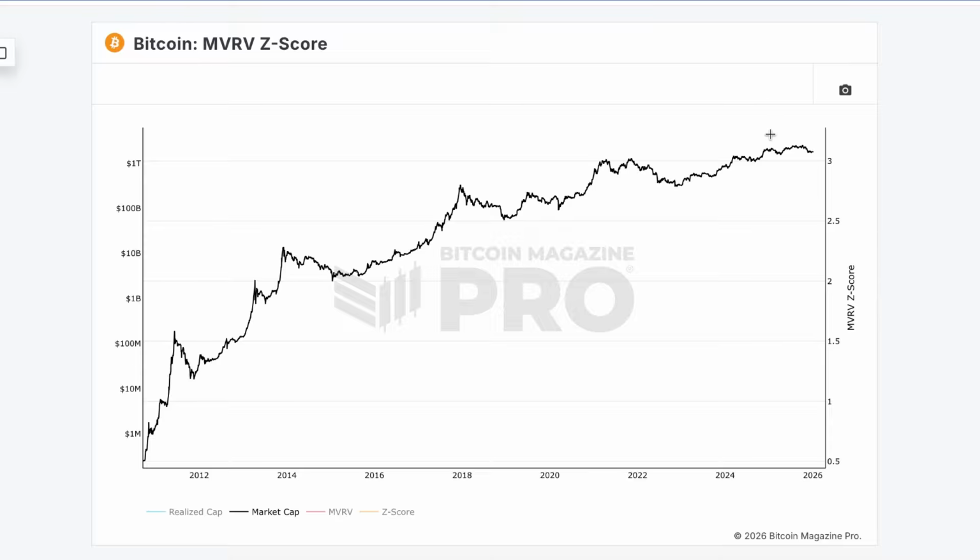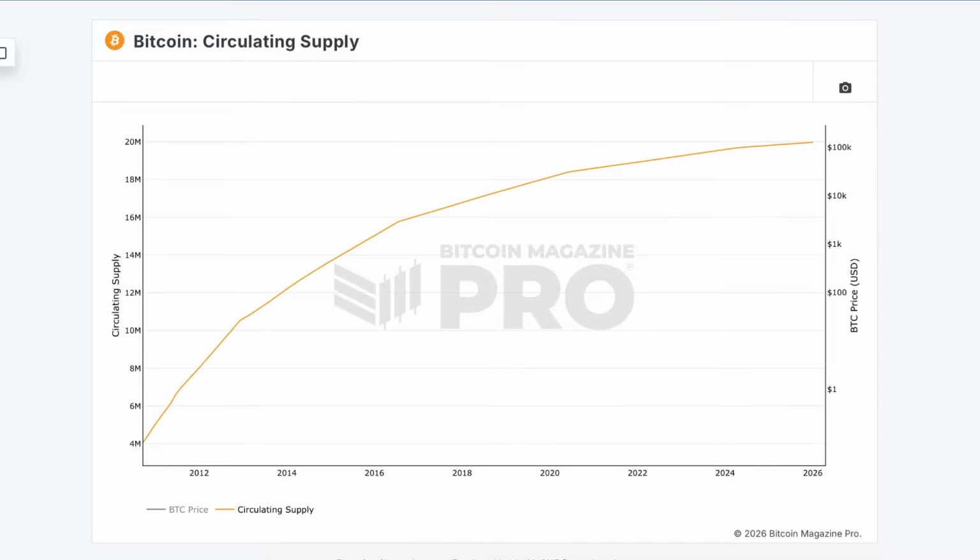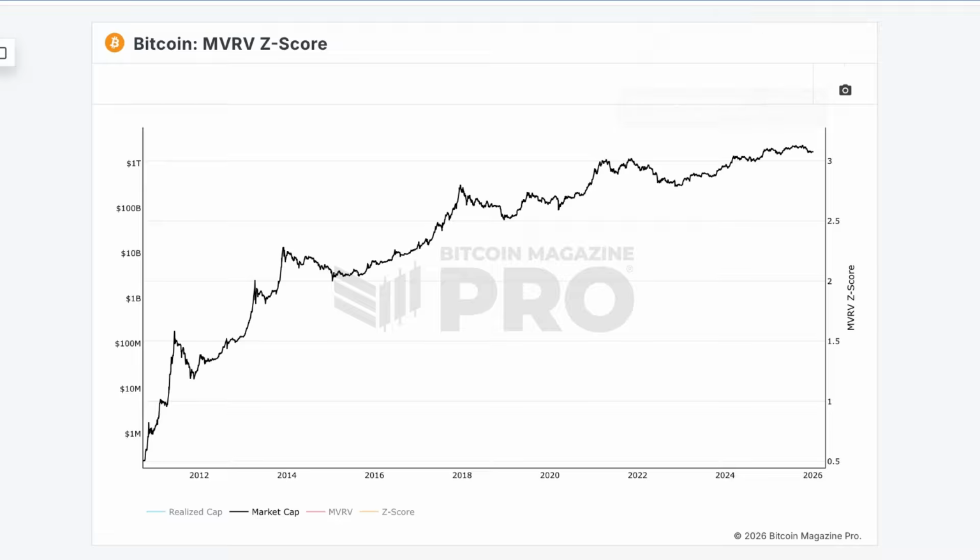But one thing we do need to acknowledge is when people are referring to the price of Bitcoin, they're usually talking about the underlying cost of one Bitcoin. But because Bitcoin is an inflationary asset, we need to take into consideration its market cap, which is the underlying price of Bitcoin, which may be $80,000, $100,000, hopefully in the future a little bit more than that, say $150,000. What we can do then is multiply this price by the circulating supply, which again we'll come back to. But once you multiply those together, you get the market capitalization.